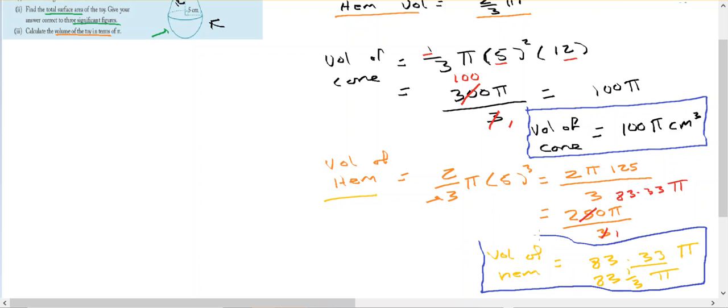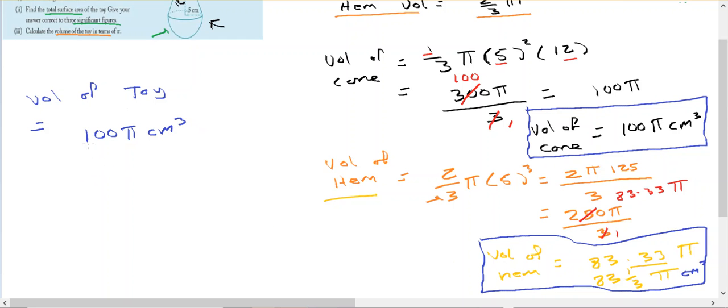And remember, we want to keep pi, keep it in terms of pi. So what does that look like? The volume of the toy is equal to 100 pi centimeters cubed, and this is also going to be centimeters cubed, because we're dealing with volume,